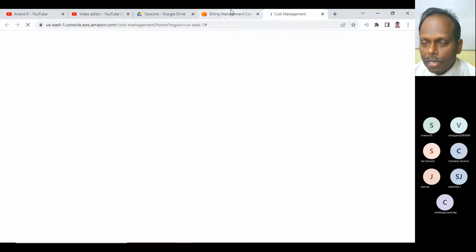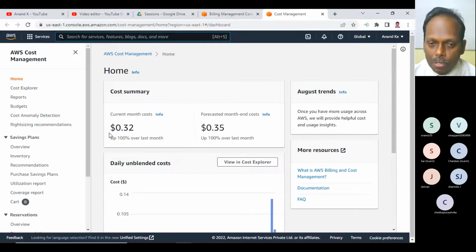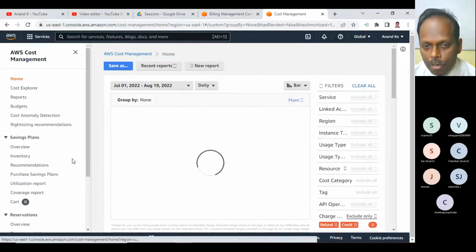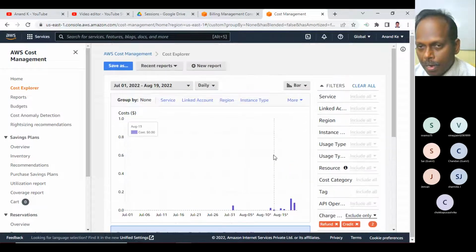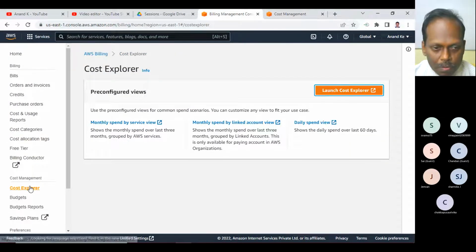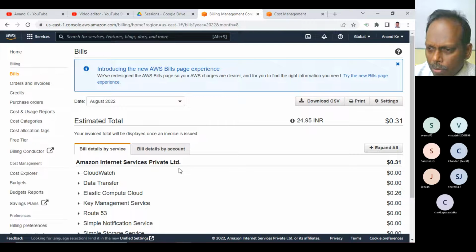There is a change. Earlier, it used to be in the same screen where the cost has been incurred. You see this one. Current month cost is 32 cents. Where it has gone through. Also, you can see the view in Cost Explorer, daily blended cost. Yeah, here it is. Let me go back. Bills are here. Yeah, you can click bills also. It will show you